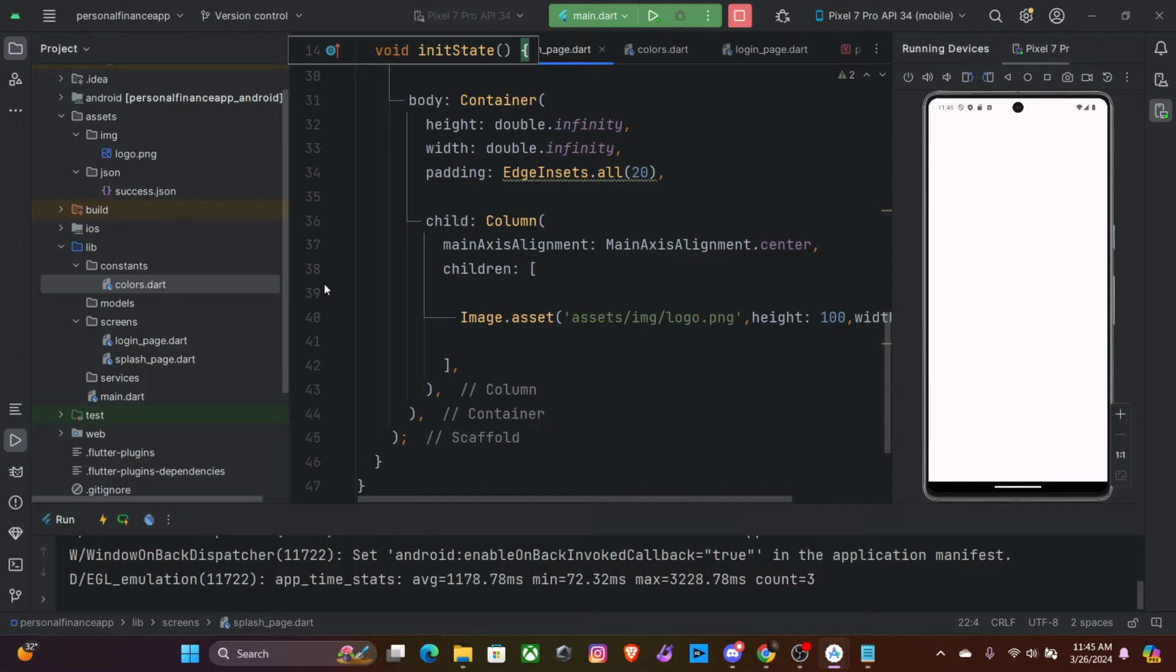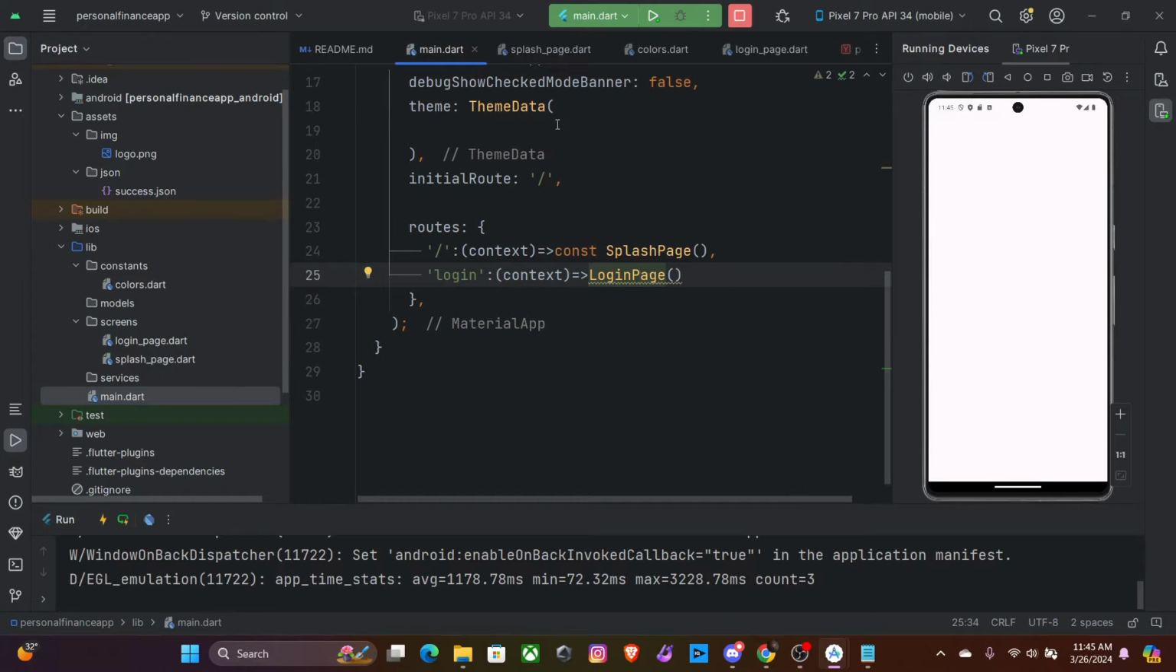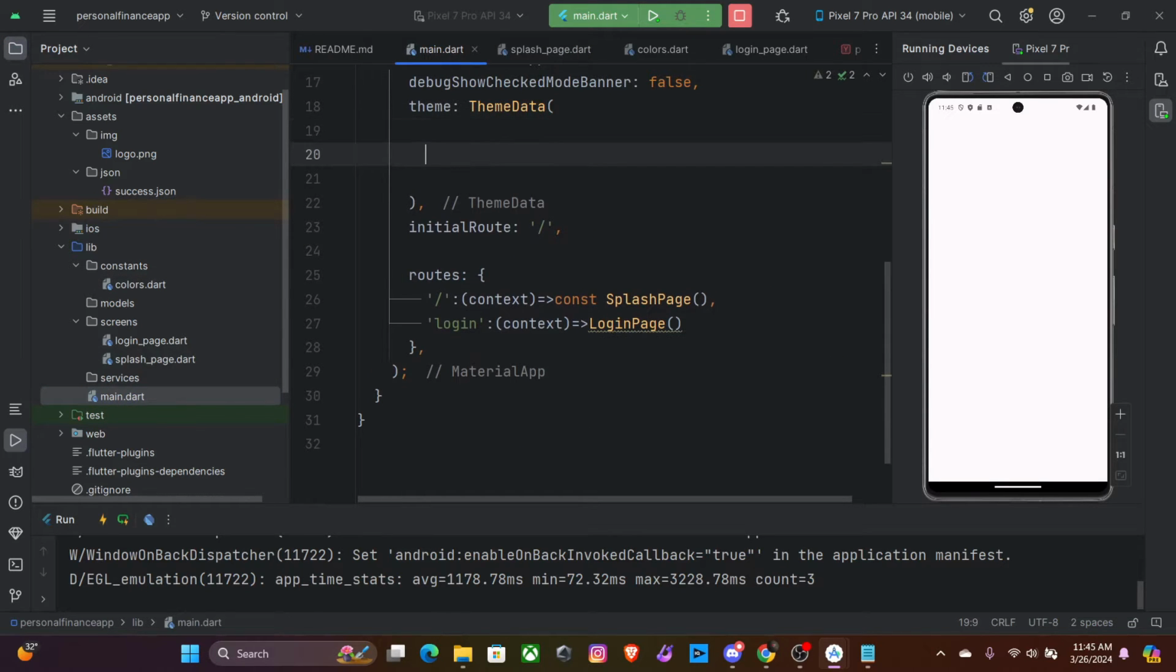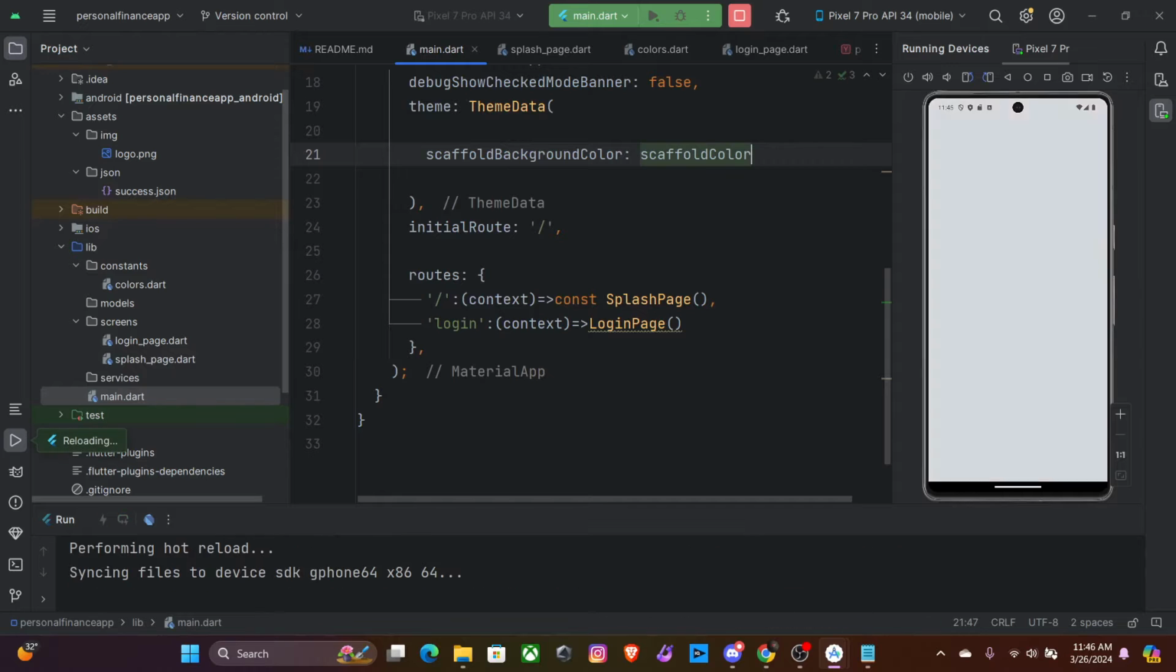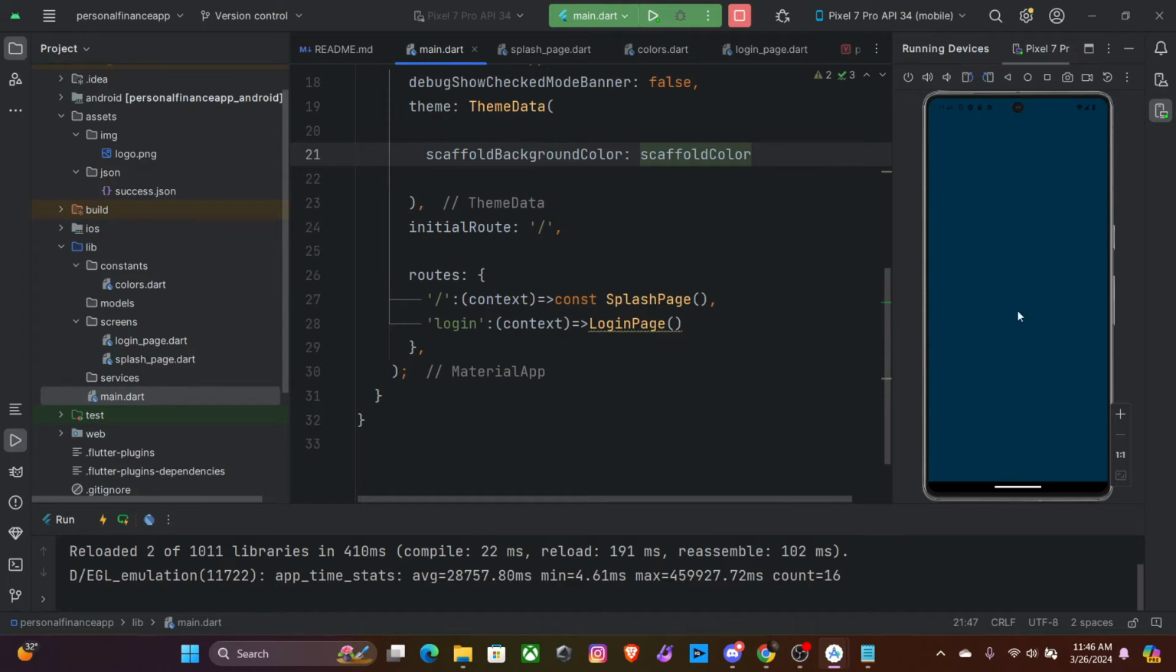Let's come to the main dart. I'm going to add a theme here, that is scaffold background color, that is your scaffold color. Okay, let me reboot this thing. Now your color is changed to that color. Okay, and let me reboot, and